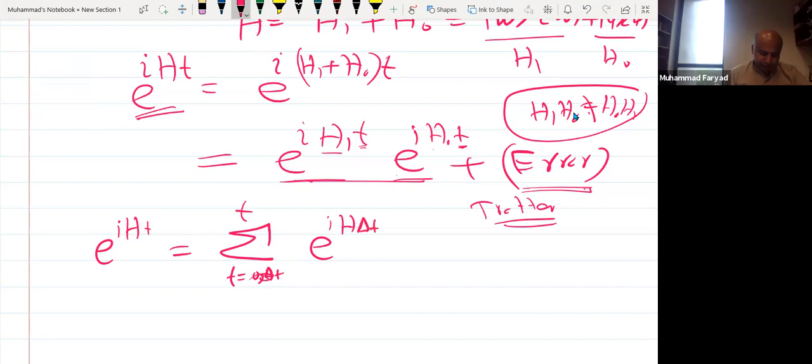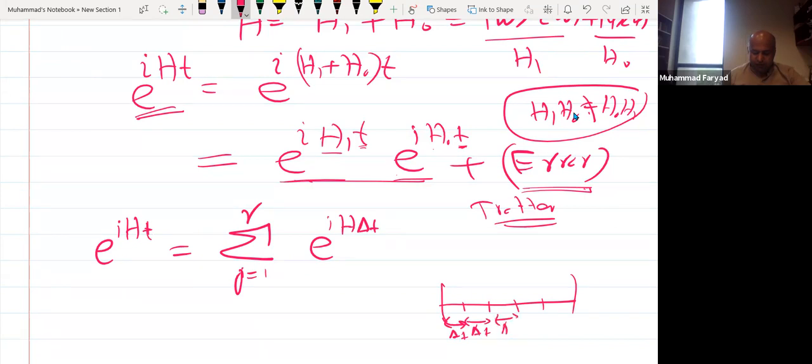Let me write it like this. So suppose some index j, which goes from 1 to r, that when I have to simulate for some time t, so instead of simulating for the whole time t, I simulate it in smaller chunks of times. So I simulate this for time delta t, simulate this for time delta t, simulate this for time delta t,